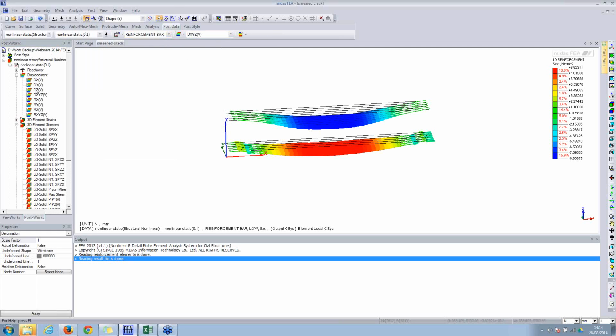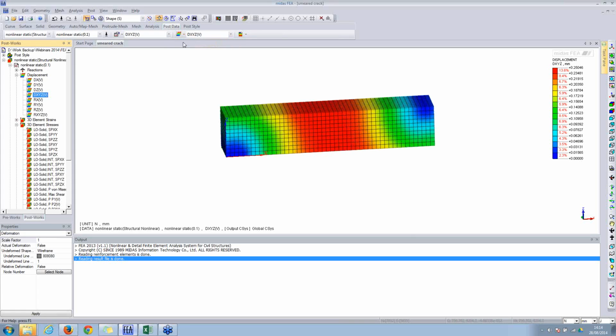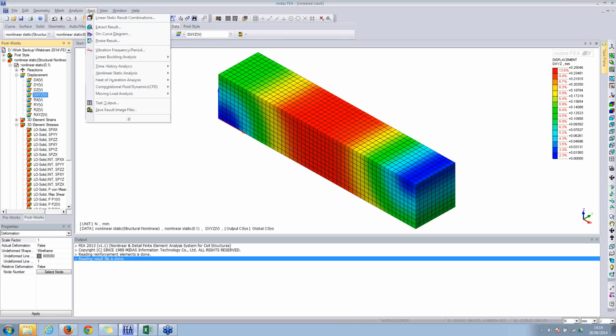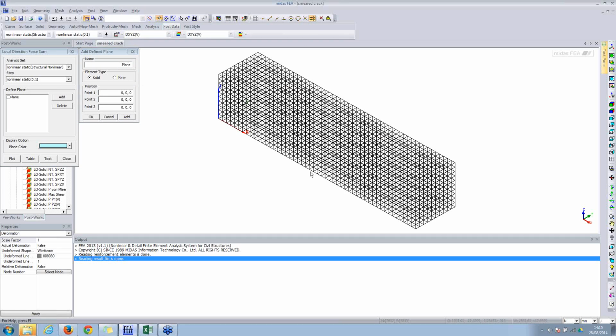I'll just display the solids again, undeformed shape, and we go to post, local direction force sum, and we'll add. It's a solid element, so even for plate elements you can do the same thing. So just select the node points,